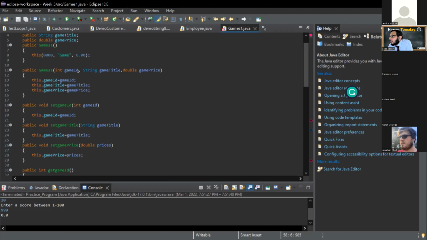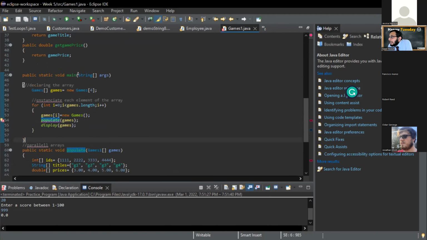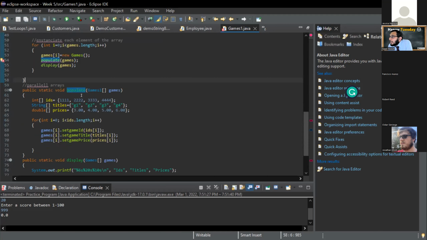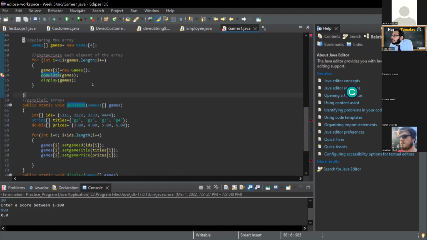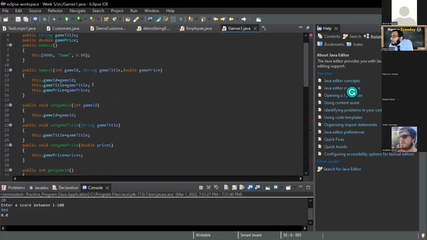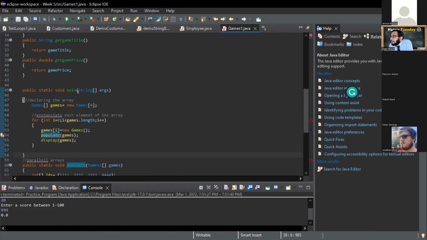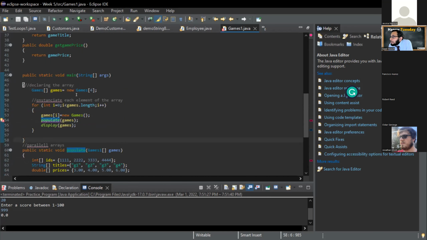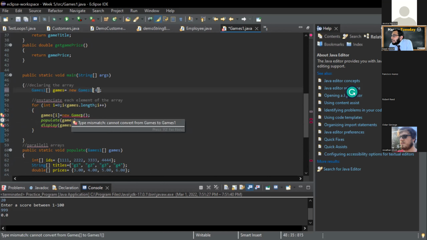Okay, then scroll down back to your main. Hold on a second. Go back up to the main method. Line 48, that should be games one then. And also the other side of the equals. Right. Yeah, games one. And then on line 53.